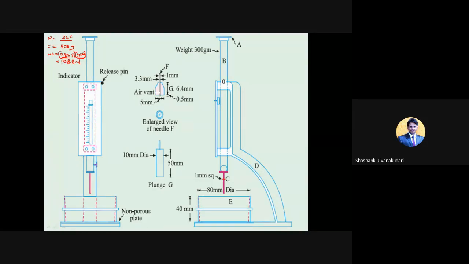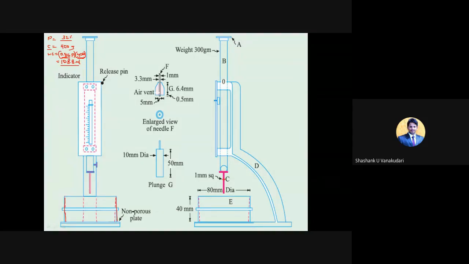Clear? So now you need to add 400 grams of cement and 108 ml of water, and fill the paste in this vicat mold. In this mold, you will fill that cement paste. The mixing time should not be less than 3 minutes, and it should not be more than 5 minutes. Clear? The procedure is again similar. Now in this Vicat apparatus, instead of the plunger, we have used the needle.